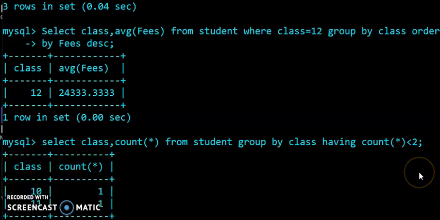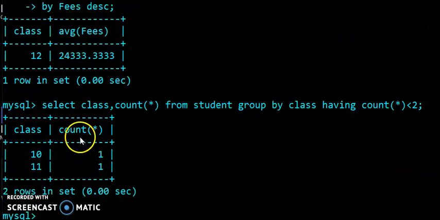Okay, so we can check the output that the count star column can contain only a value less than 2. So only one value it contains, so class 10 and 11 contain 1 record.